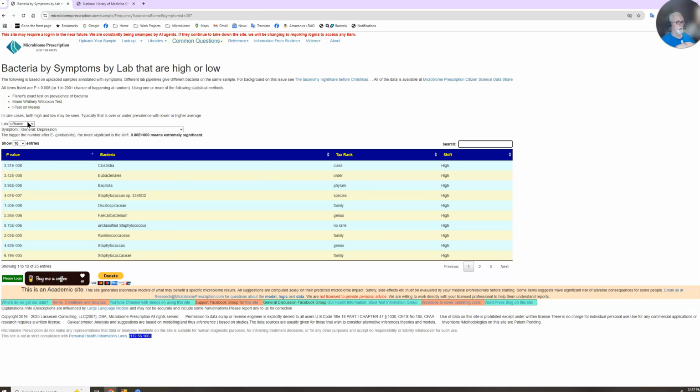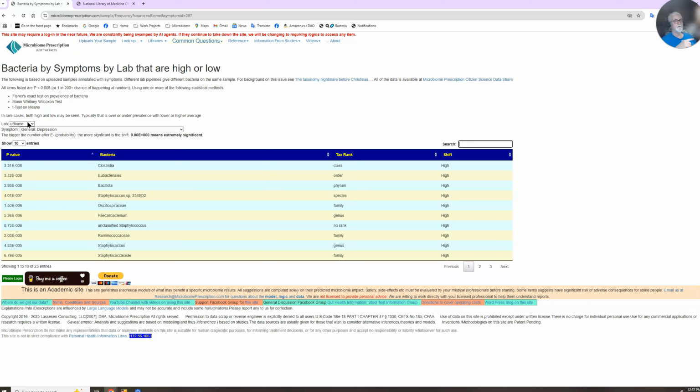But you have to keep in mind what I call the taxonomy nightmare before Christmas, which is that each lab reports bacteria differently with different names, even if they are using the same digital file which comes from a sequencing machine. Not different parts, not different samples or different parts of a physical sample. A single sample processed through a sequencing machine gives something called a FASTQ file. The FASTQ file is now interpreted by different labs, and each lab interprets it differently.